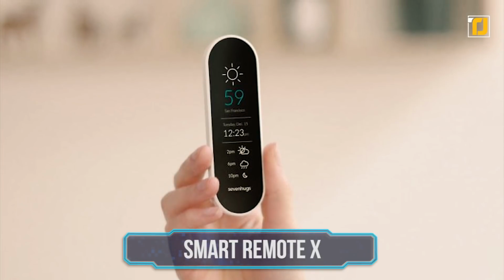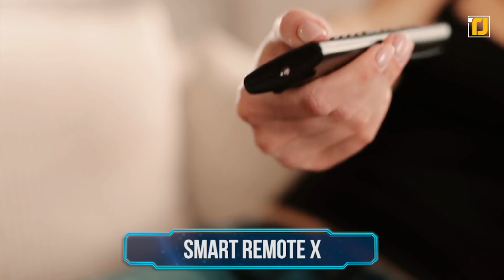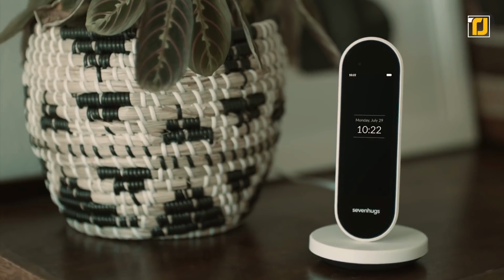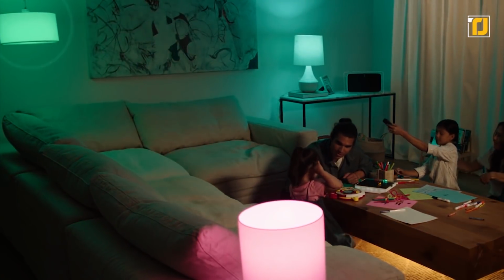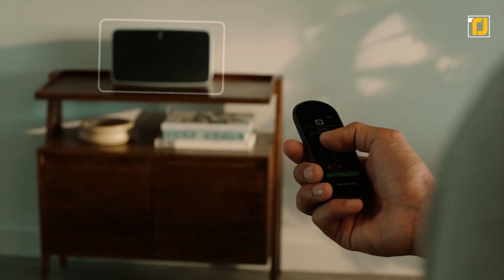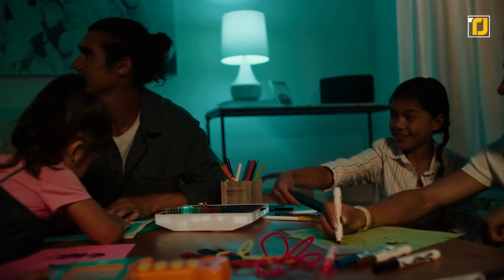Number 3. Smart REMOTEX. Automating your life is great and all, but all those switches, buttons, and devices can get overwhelming after a while. Thankfully, there is one remote to rule them all. 7Hug Smart REMOTEX is an all-in-one controller that combines your remote with your smart home hub to manage all your smart home devices from one place. So instead of having dozens of devices to control your TV, smart lights, and other gadgets, you can stick with